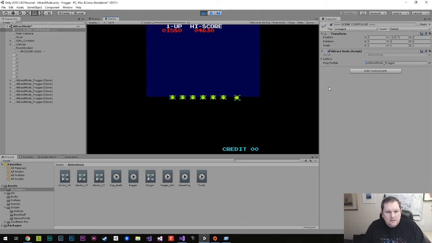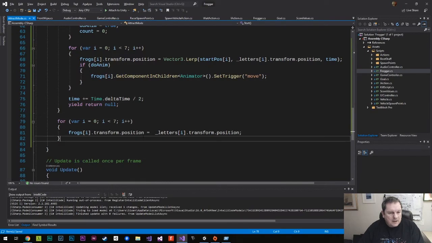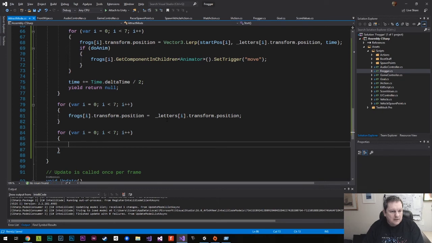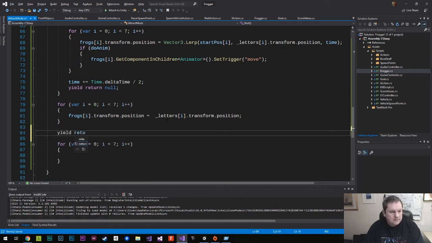And this is it. And then we go up to here. Okay, and then at this point here, we want to do FROGGER. So what to do is for var i equals 0, i less than 7, i plus plus, and then we're going to do, we want to wait for a second, yield return new WaitForSeconds, we're going to wait for 2 seconds